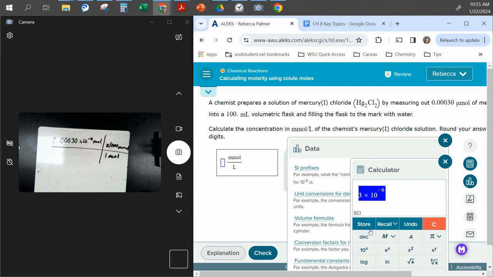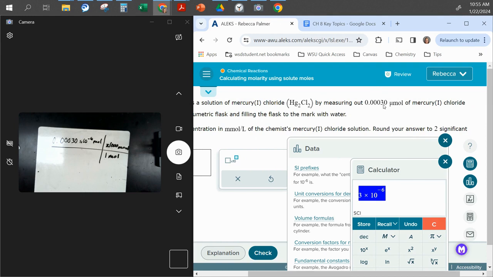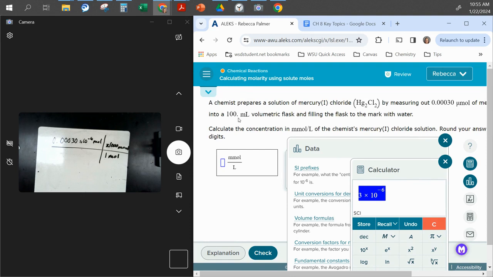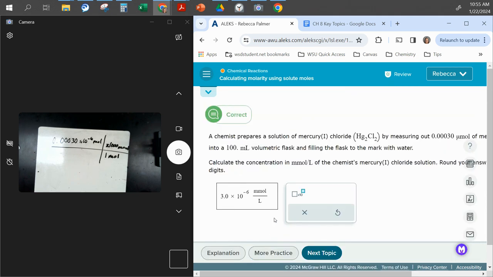So I'm just going to push the scientific notation button. This one has 2 significant digits. It has 3 with a 0 after it, so that's 2. That one has 3. So I'm going to keep 2. I'm going to copy my number and put a decimal place after, or a 0, 3.0. So now I have 2 sig figs and my answer. So that is my answer. Okay, questions on that? So you just have to figure